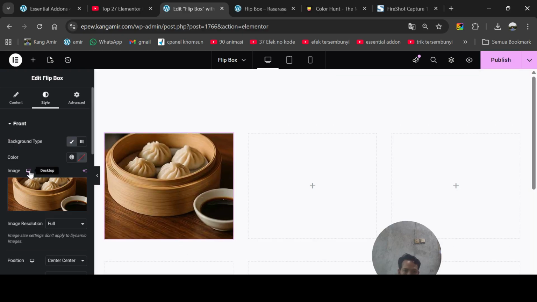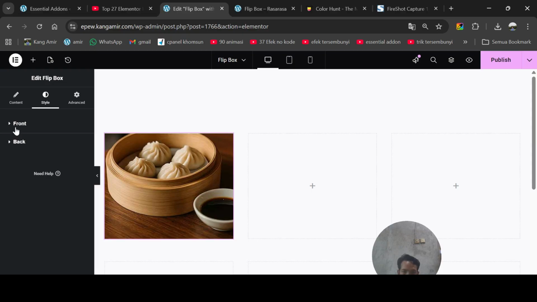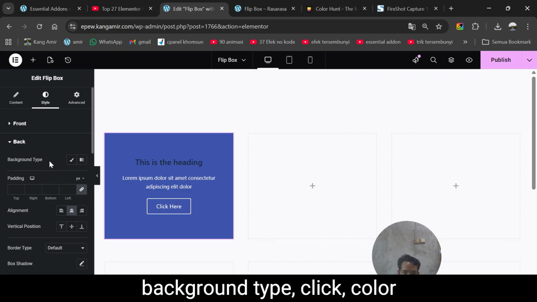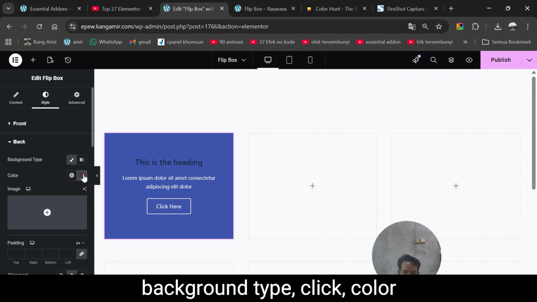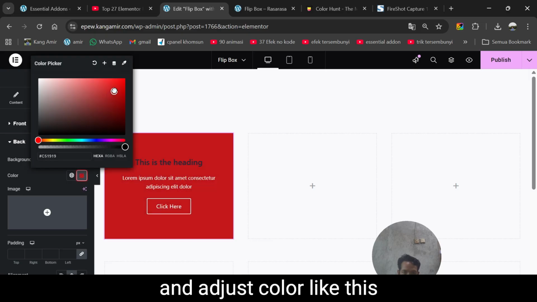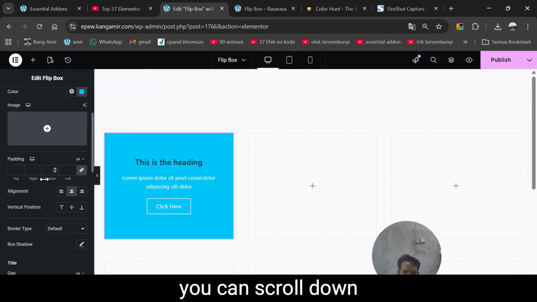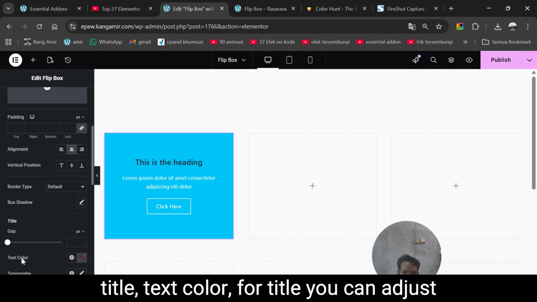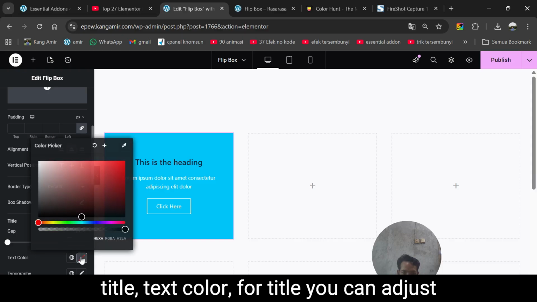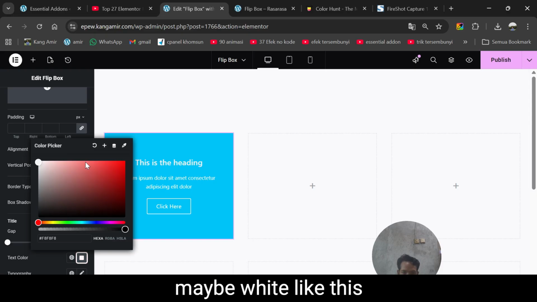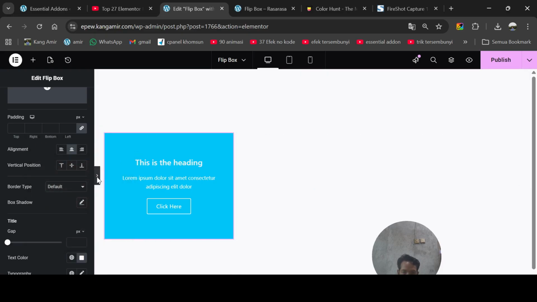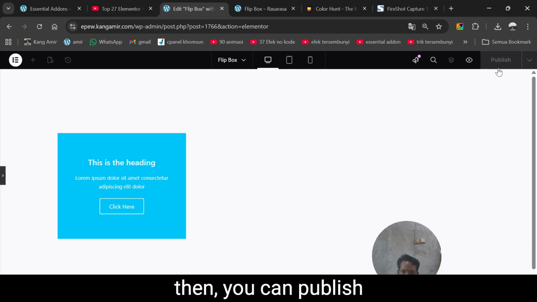And then go to background type, click color, and adjust the color like this or like this, and you can scroll down to title, text color for the title, you can adjust maybe white like this, and then you can publish